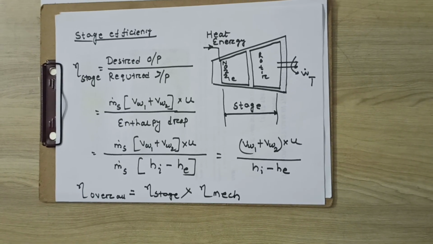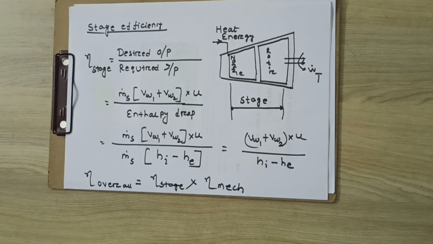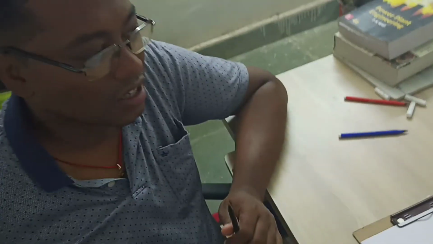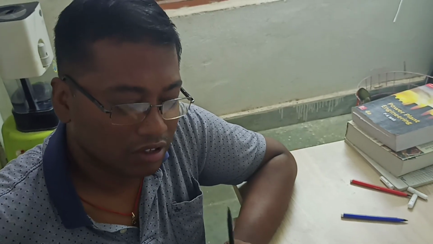Okay, understood? So what we have seen for today, we have developed some mathematics. We have known about the introduction of the steam turbine, why it is called a heat engine, and the portions inside this, a nozzle ring and a rotor ring. We have developed mathematical relations for the nozzle and for the rotor blades. We have found out the force and power associated with the rotor blades. We have calculated these efficiencies.